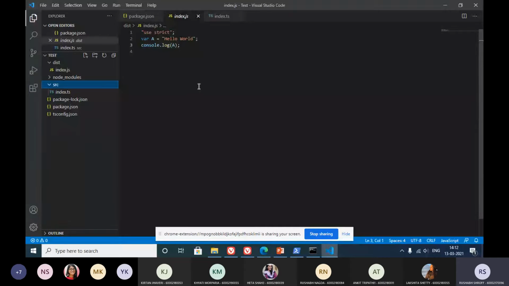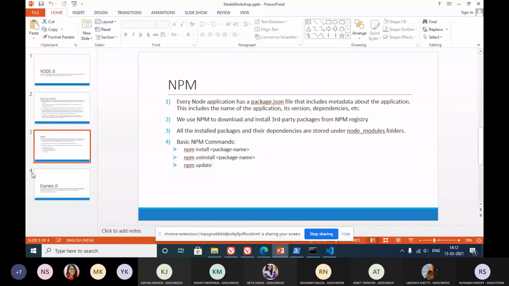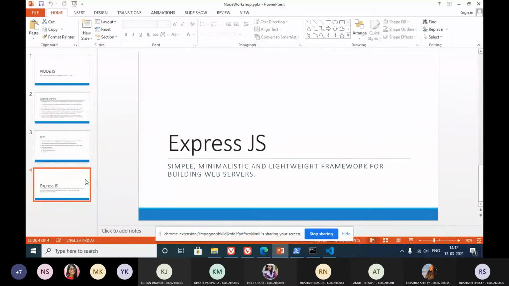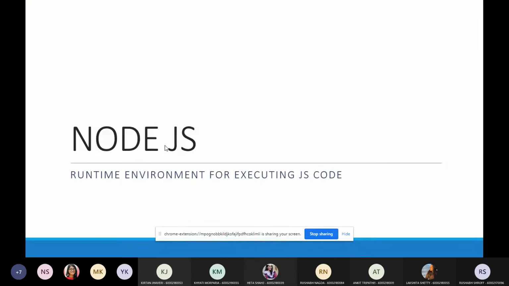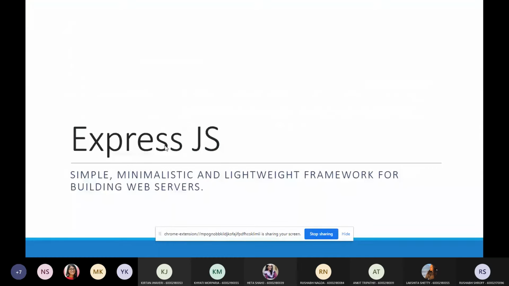Now we'll start with Express.js, which is again a third-party package that is a very lightweight web server. It is a very lightweight framework for building web servers. So what are web servers?